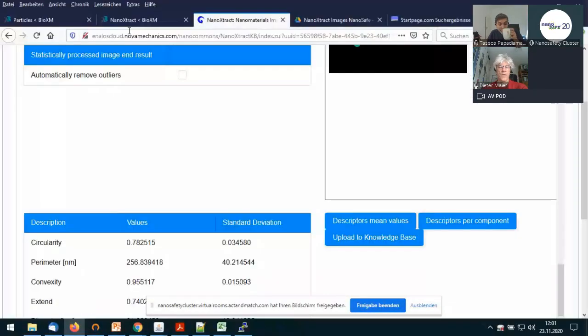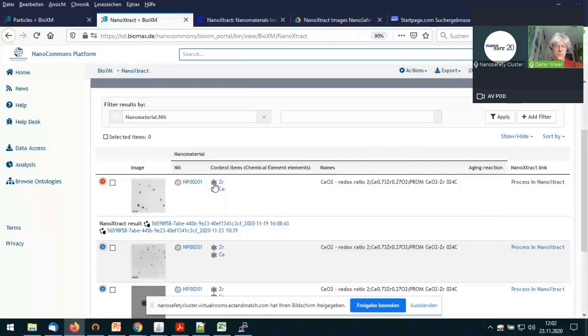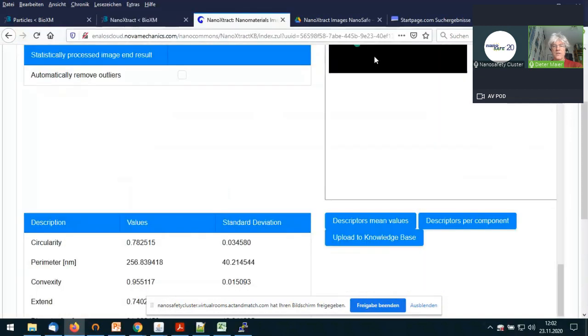And just to show the difference, if you start from within the knowledge base, then you have to upload the image first. It has to be associated with a particle, which has the advantage that you have all the information about that particle and what it is. And if you then go to process in NanoXtract, you will end up with a slightly different URL.